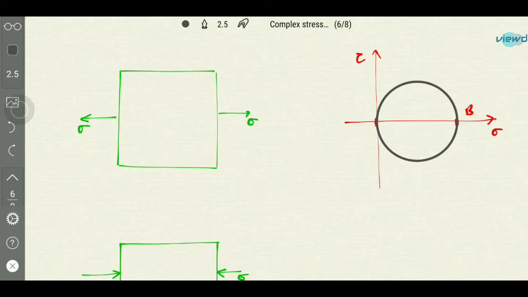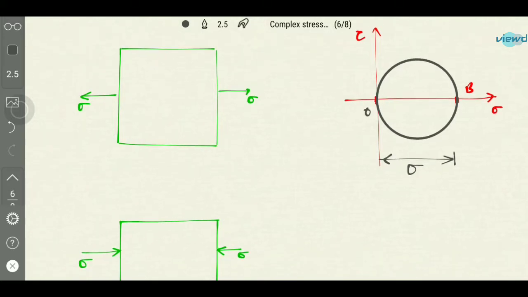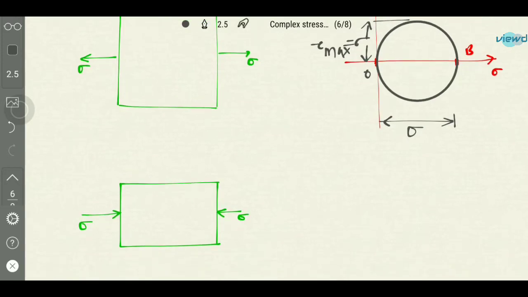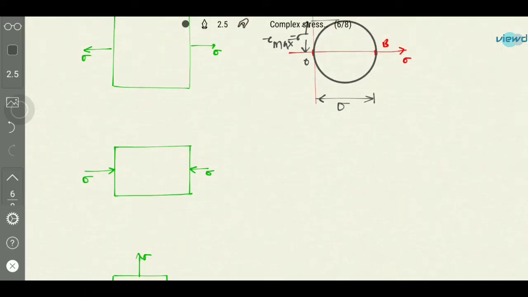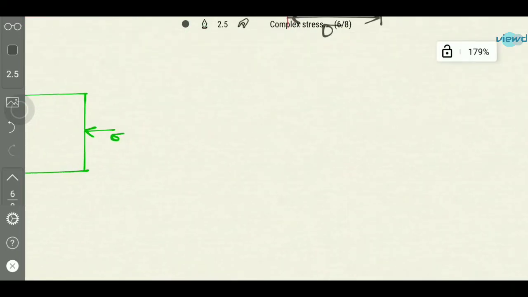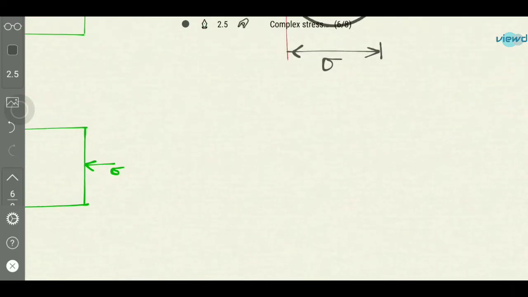The distance between O and B will be sigma, and the maximum shear stress will be, this is also equal to sigma, maximum shear stress. So this is how for simple stresses, we can easily find the tau max and other values. So if compressive stress is acting on this body, the diagram will be,